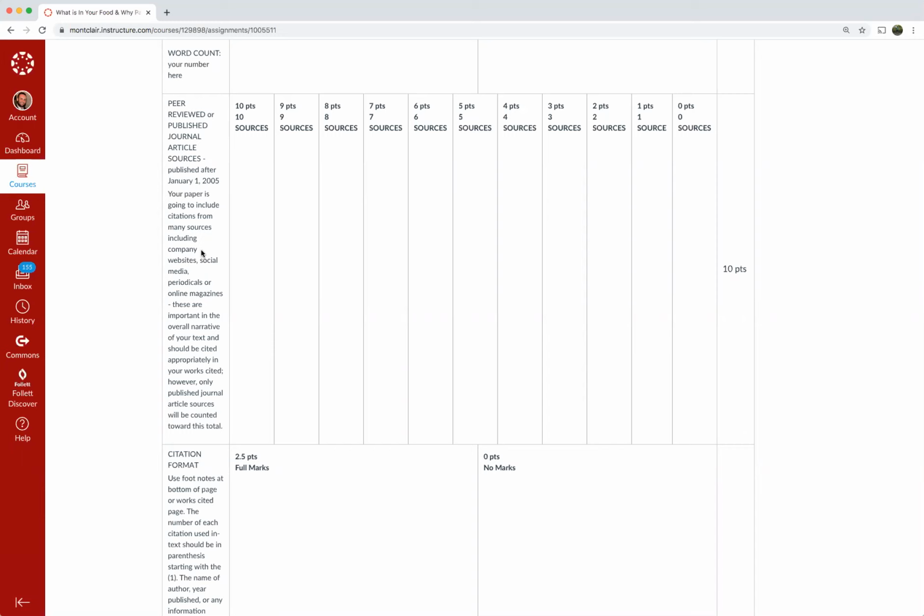So that means that you already have 8 to 10 that are not peer reviewed, and you need an additional 10 if you want the full 10 points that are peer reviewed. So some of you are going to end up